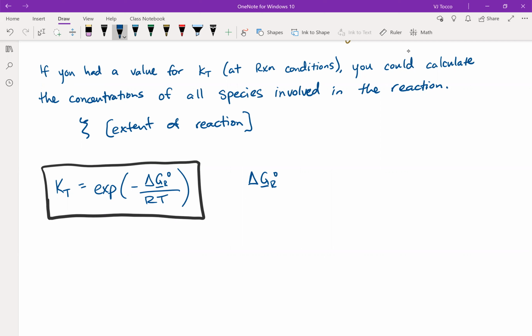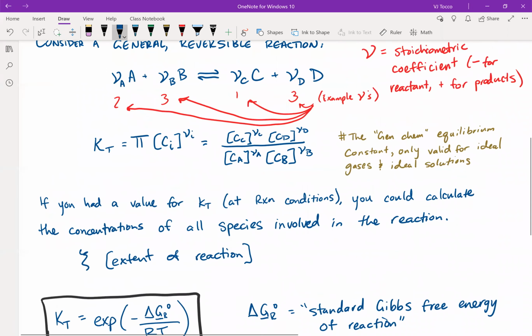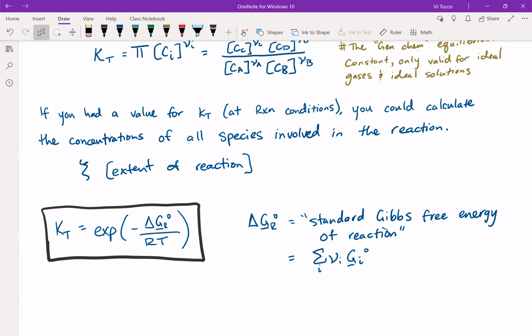Standard Gibbs free energy of reaction is equal to the sum of nu I times the molar standard Gibbs free energies. This is also something we touched on at the very end of MEB. So just as an example, for the reaction that I gave above, where I have nu A plus nu B, and so forth, my Gibbs energy of reaction standard would be equal to